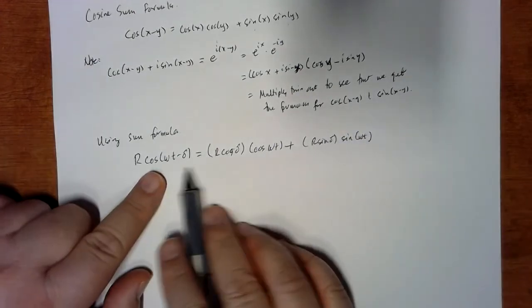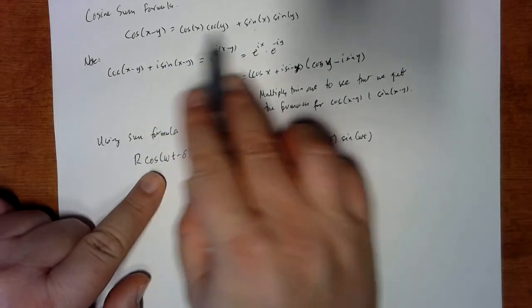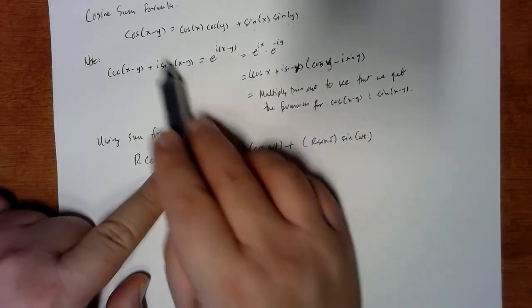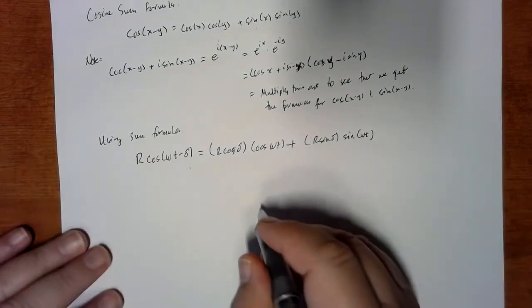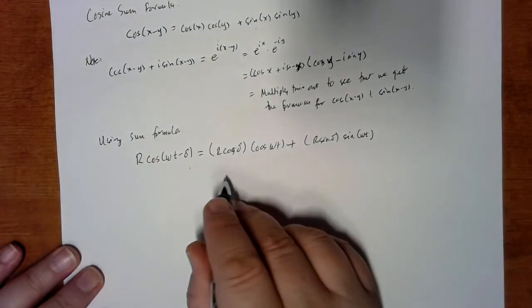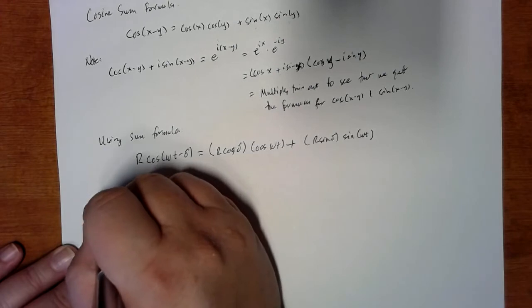Right, so what I'm doing is I'm using the cosine sum formula there, right? So here I've got the minus, I've got the plus there. And so the idea here is that I think you can see now the formula that I want to get to